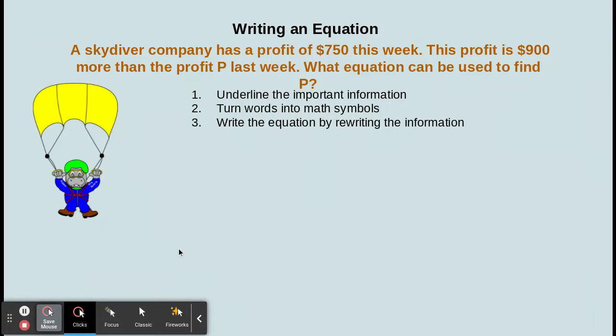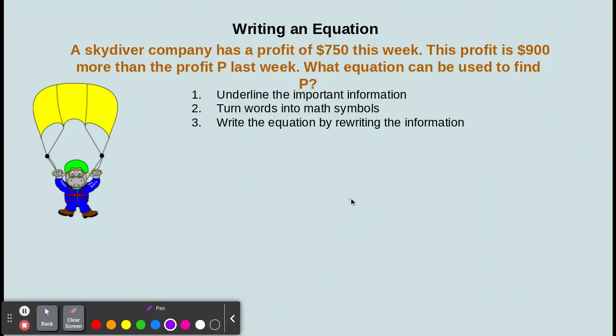Okay, now that you've done that, it is time for us to apply solving equations to a real life situation. In this situation, we are merely going to just write the equation. Okay, we don't need to solve it. We just need to write the equation. First, when you have a word problem, the first thing to do is to read it over once. Then the second time you read it is to underline some of the important information. And then we'll turn that important information into math symbols. Okay, and then we'll end up with